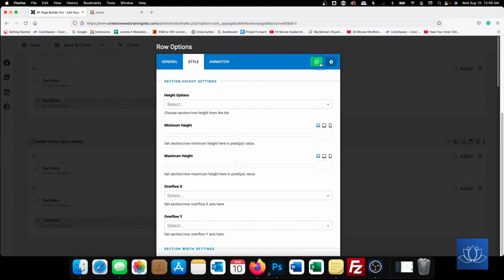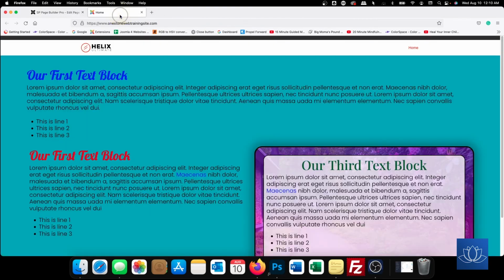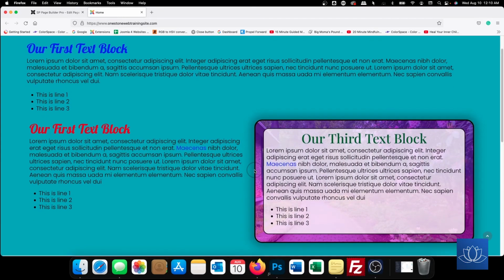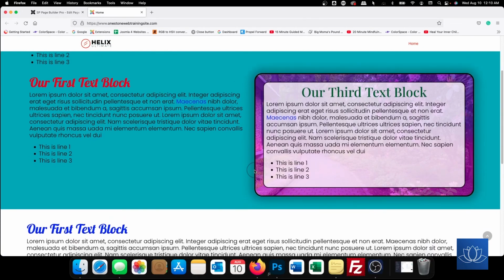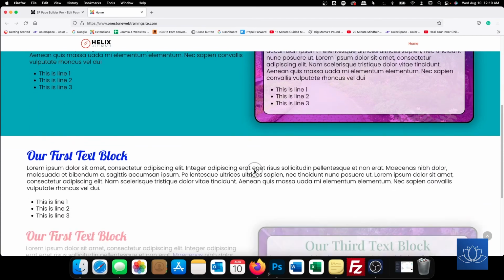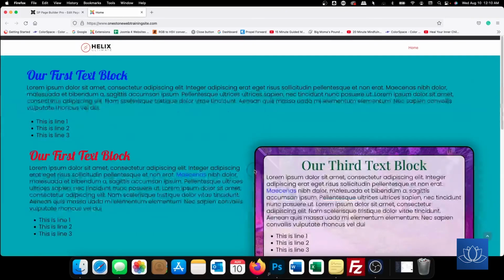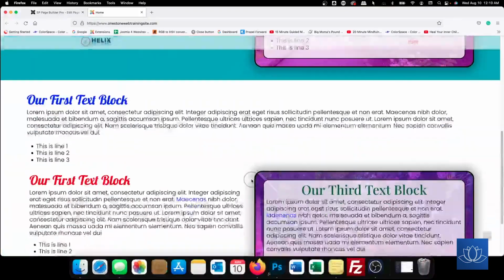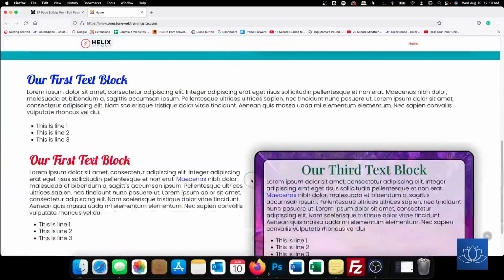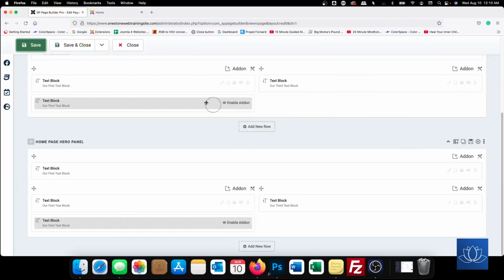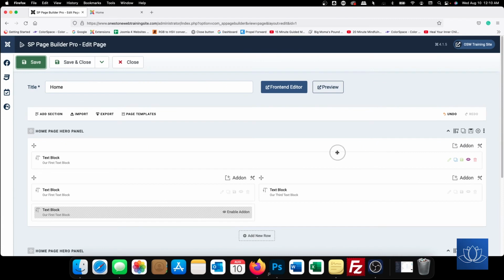Save and save. And what will happen is when I reset the page, you're going to see this animation because they're all on view. When I scroll down, as soon as that top one comes in, you notice it dropped in, and then as soon as these other two come in, they fade in. Now they only happen once. If you scroll up and down, they will not continue to go up and down. That is found in the individual elements animation that we'll see when we go to the front end editing,